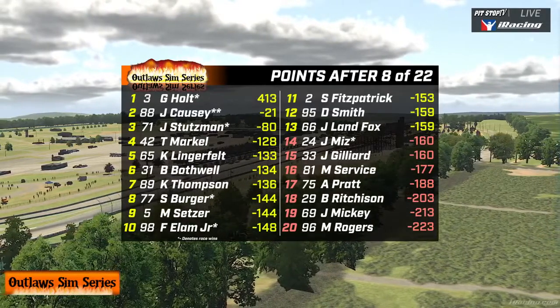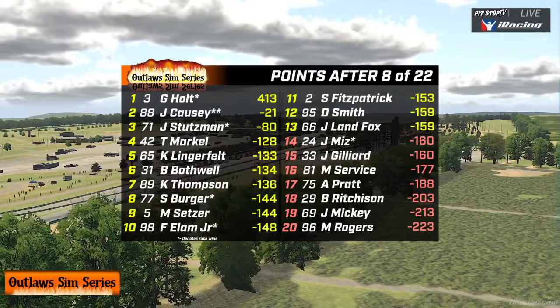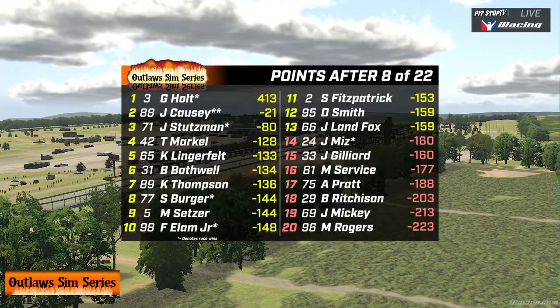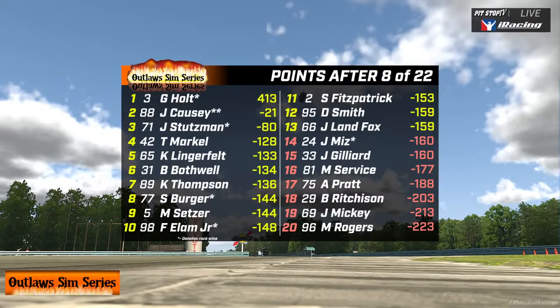Jeremiah Stutzman is 80 points back of point leader Greg Holt, and then this is where it gets really competitive. Devin, I mean, look at 4th place. Tyler Markle, 128 back, but behind him, Lingerfeld is 5 back. Bothwell is 6 back. Thompson is 8 back. Berger is 12 back. I mean, this is very, very tight back here, along with Setzer and Elam is 20